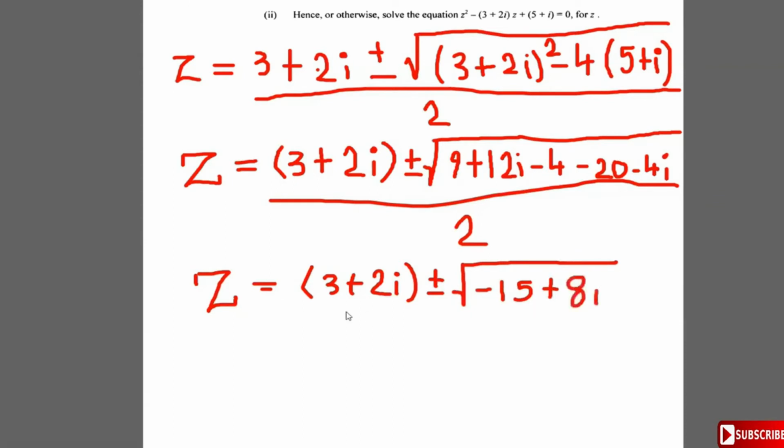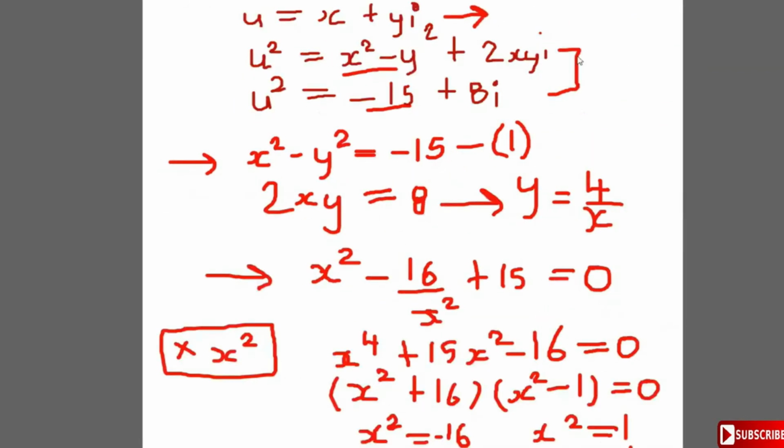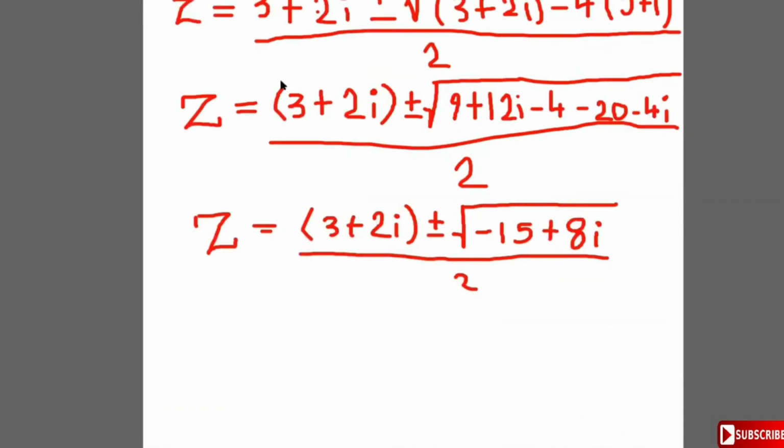But remember it said hence, it said hence. So go right ahead. Remember the square root of minus 15 plus 8i is u. The square root of this is going to be 1 plus 4i. And so because we know it is 1 plus 4i, we can write,